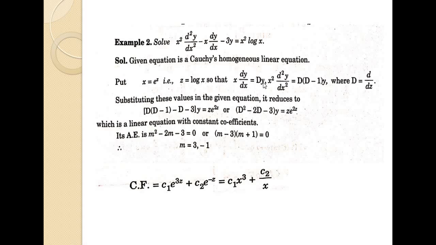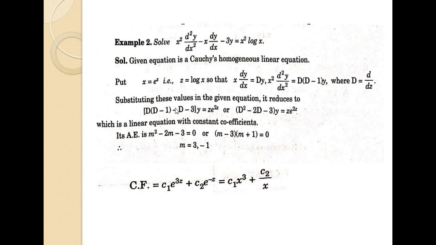x into dy by dx can be written as capital D y, x square into d square y by dx square can be written as D into (D minus 1) operated on y, where capital D is d by dz. Now substitute these values in the given Cauchy's homogeneous equation. Then Cauchy's homogeneous equation reduces to, instead of the first term we can write D into (D minus 1) minus